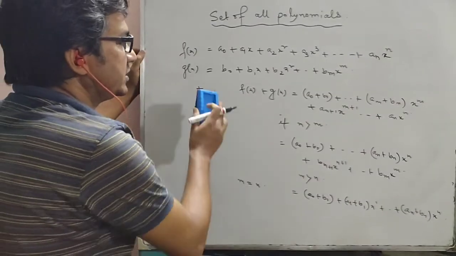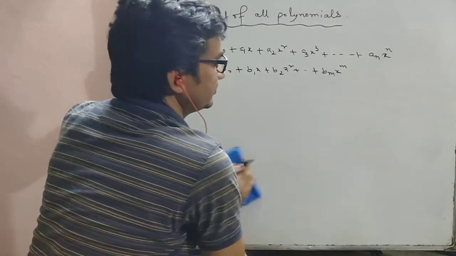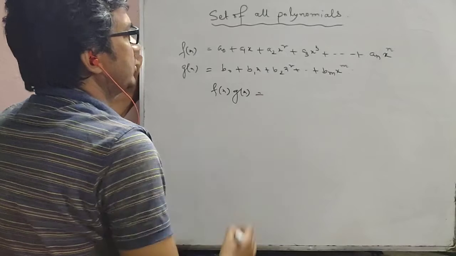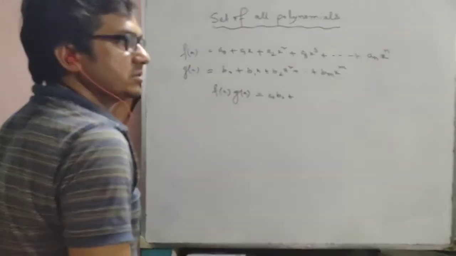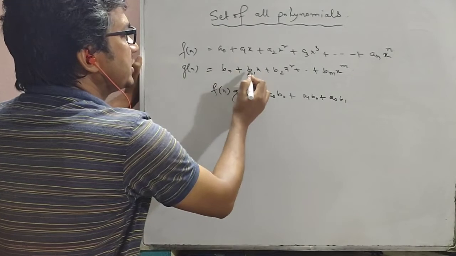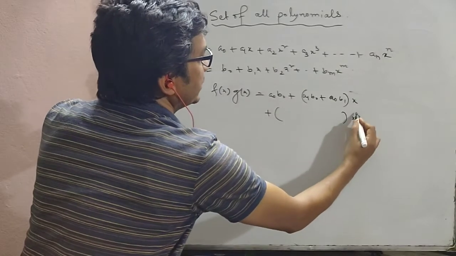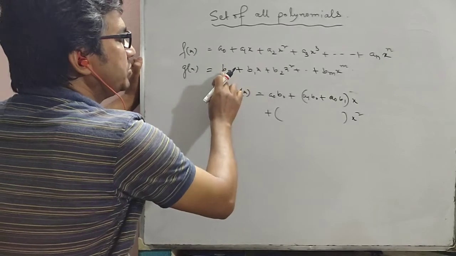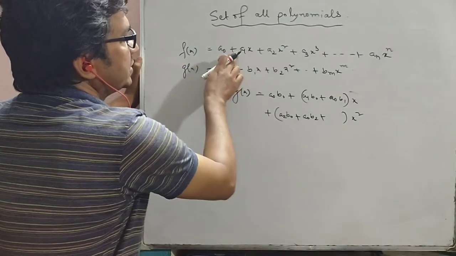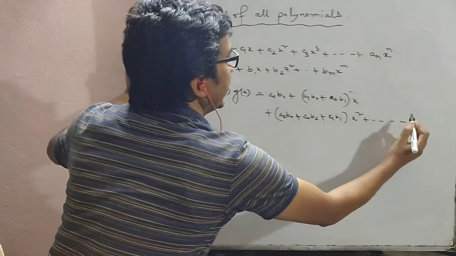this is the definition of plus in this set, and the multiplication is defined as, in general, multiplication f(x) g(x) equal to a0 b0 plus a1 b0 plus a0 b1 into x plus x squared into a2 b0 plus a0 b2 plus, here this also has a term a1 b1, since x into x is x squared, a1 b1, and in the similar way,